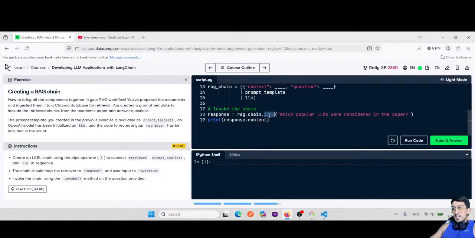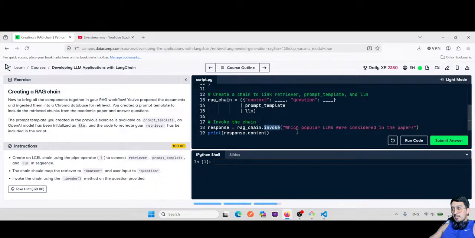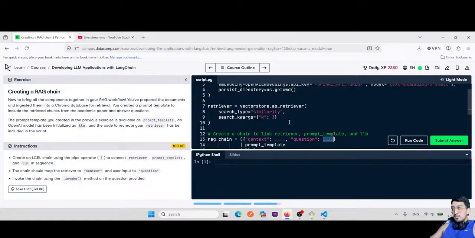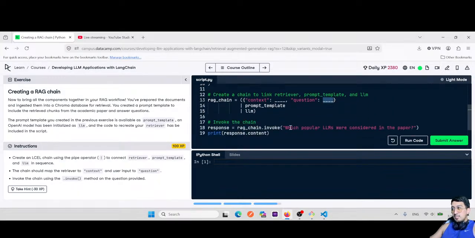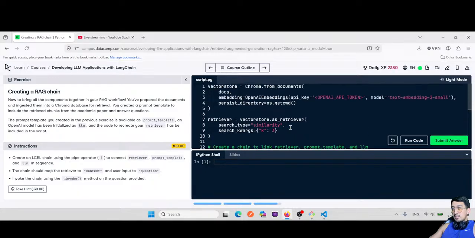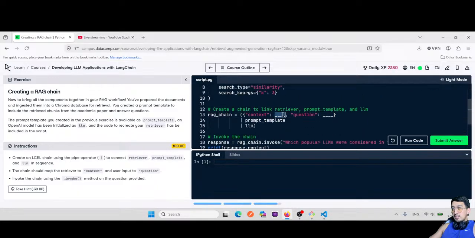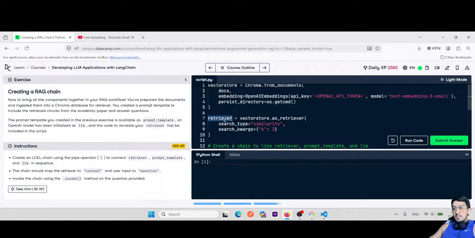Okay, this RAG chain is invoked with the question, and the context is going to be the retriever,